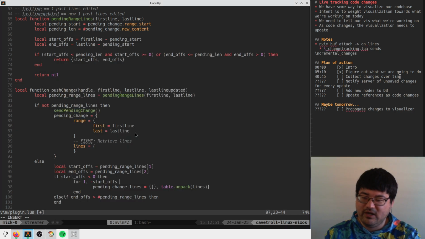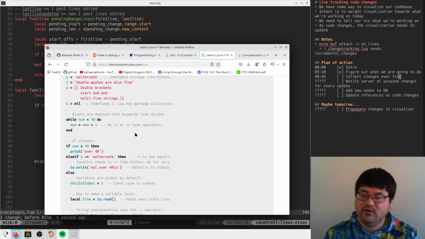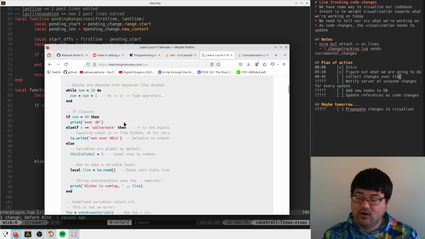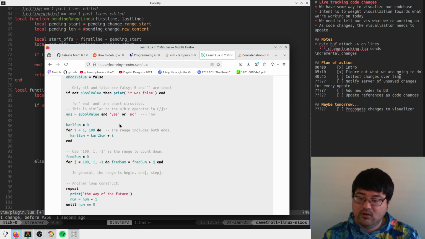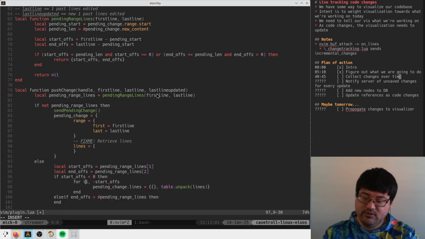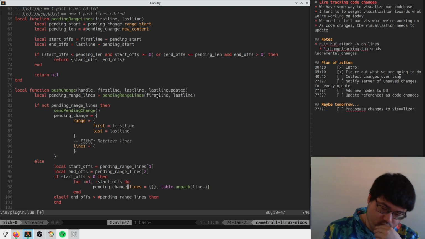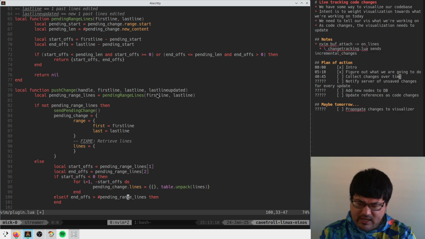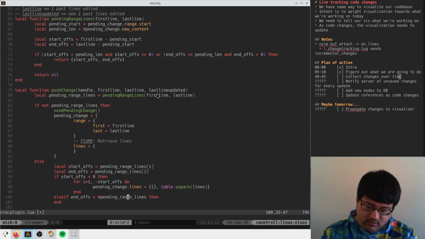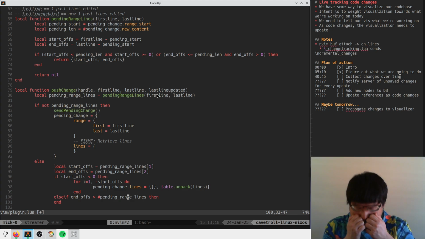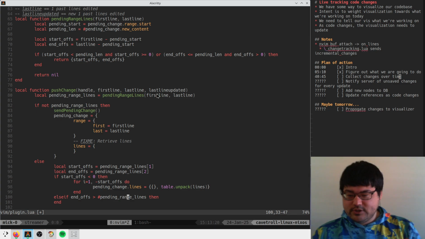Missing a do for the loop. For... and it looks like I do need this probably, huh? Yeah, okay. Else if the end offset is greater than the number of pending range lines. I'm sure there's gonna be off by ones everywhere here, dude. This hurts my head so much. Okay. So